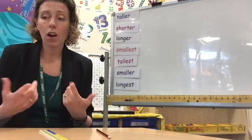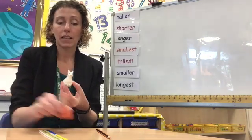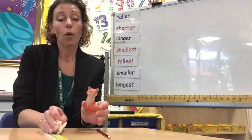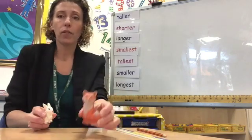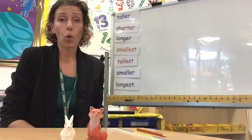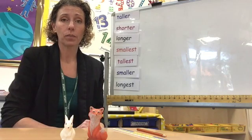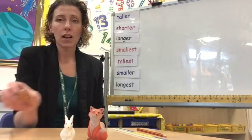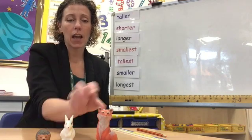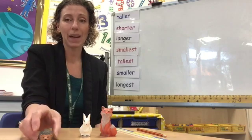So for instance, I could describe this rabbit and this fox using some measuring words. So I could say that the fox is taller than the rabbit. Or I could say that the rabbit is smaller than the fox. If I introduced another creature, a hedgehog, I could say that the fox is taller than the rabbit and the